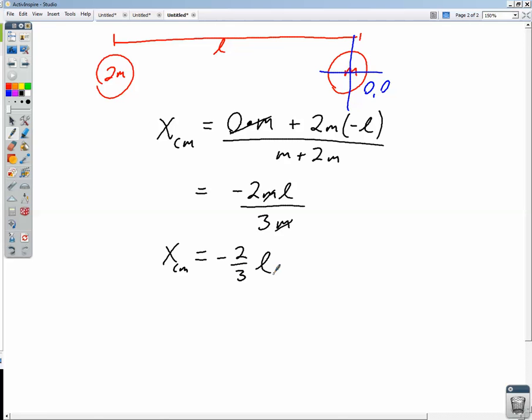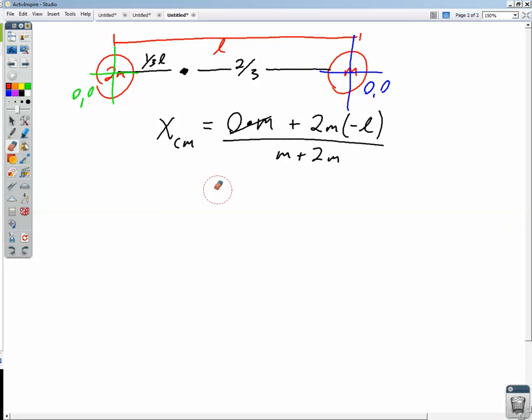And that's not a big deal. The negative just means that we're over here. All right, this is 2/3 L, and this is 1/3 L. And let's go ahead and confirm that and show that it doesn't matter where we put our coordinate system. Let's put the coordinate system here, 0, 0, our origin. And then our center of mass, erasing these guys,